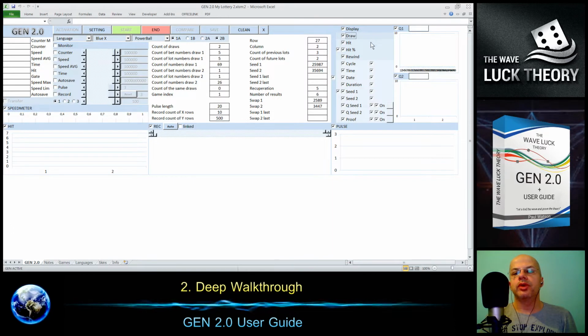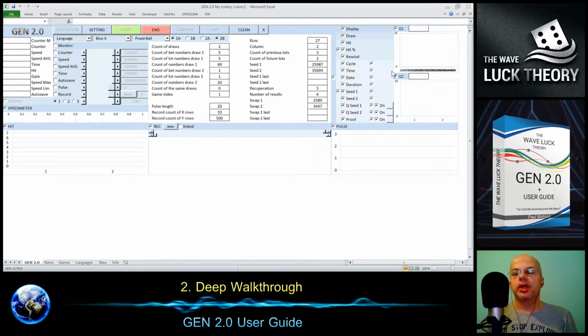There is no option right here. The hit, its number of matches with the history, will always be printed. The hit in percentage will always be printed, and the rewinds will also always be printed, even if disabled. But this section I will explain later.